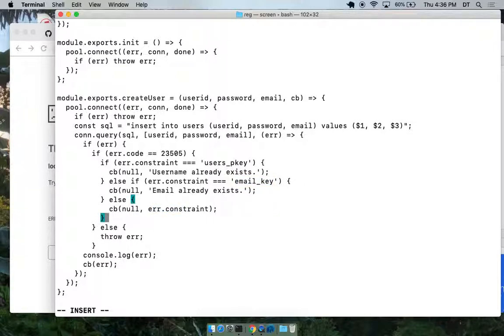And if the error code is something else, right here, we don't know how to handle the error in that case, so I'm going to throw it. And some other weird error at that point.